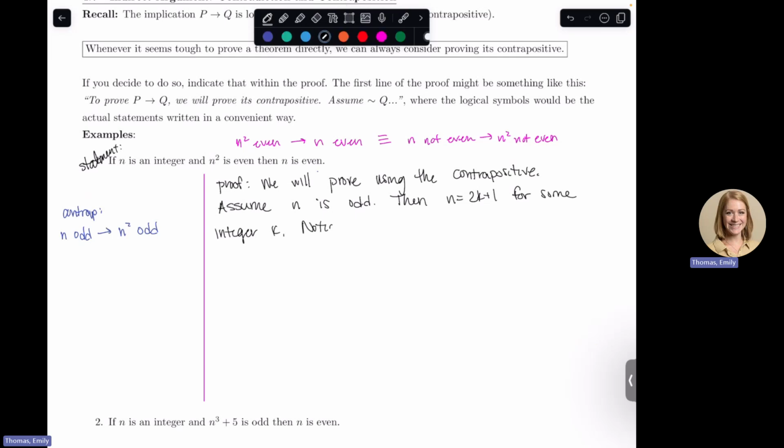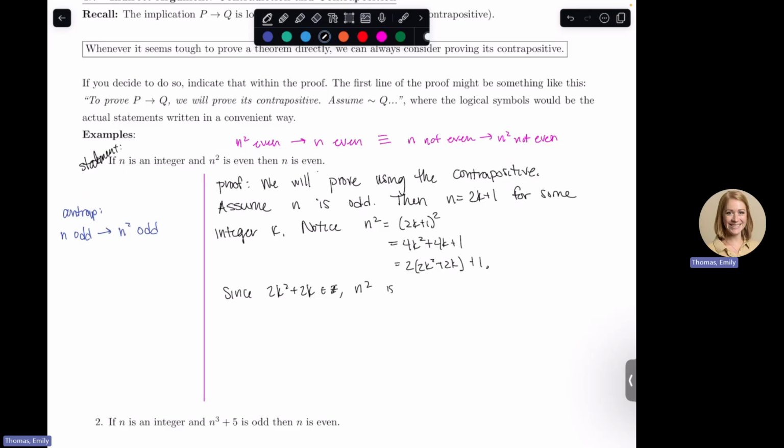Notice n squared is 2k plus 1 squared, which is 4k squared plus 4k plus 1, which is 2 times 2k squared plus 2k, plus 1. Since 2k squared plus 2k is an integer,